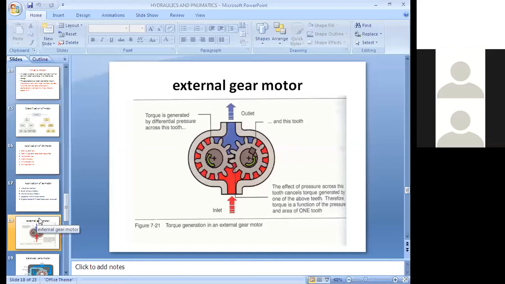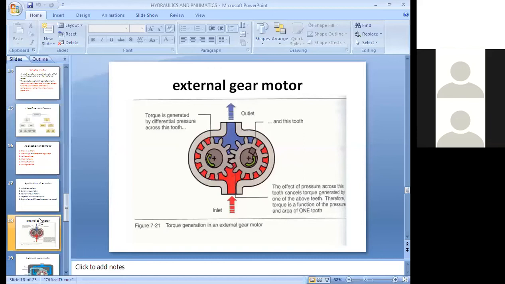One more very important concept I would like to discuss. In the previous class we discussed the hydraulic circuit. The main components are the single acting cylinder and double acting cylinders, which do the actual work. Today I am going to discuss rotary actuators. The single acting and double acting cylinders are linear actuators. Please remember it.